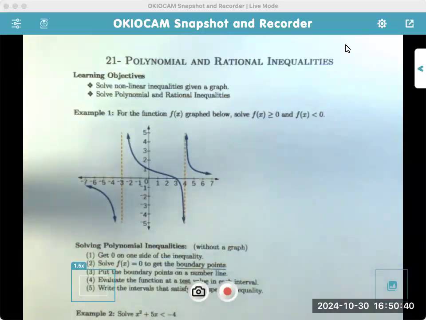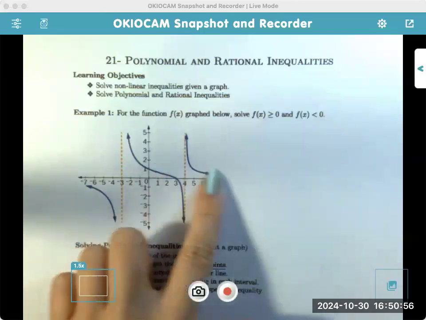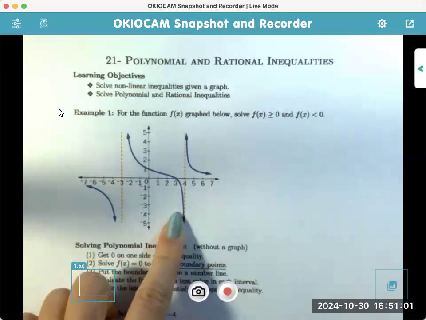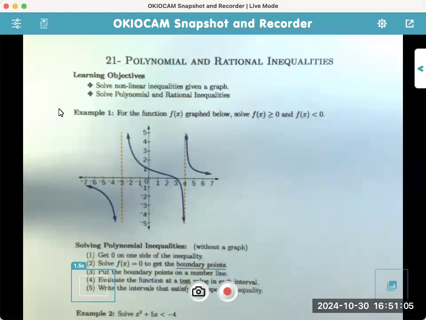Hey everyone, so today we are also doing polynomial and rational inequalities. Hopefully this lesson isn't very long, hopefully like 20 minutes, we'll find out. You can do it algebraically, what we're doing here, and we can also do it graphically as well. So here for the objectives, solve nonlinear inequalities given a graph, and then solve polynomial and rational inequalities algebraically,